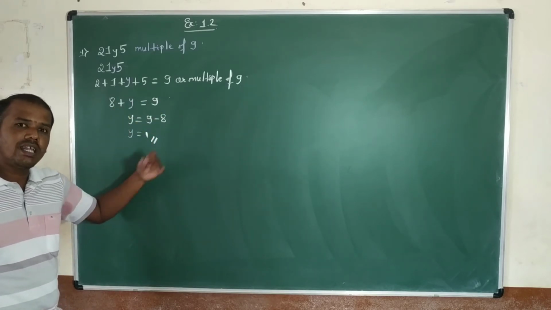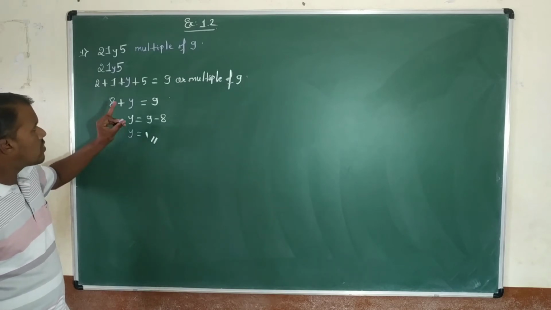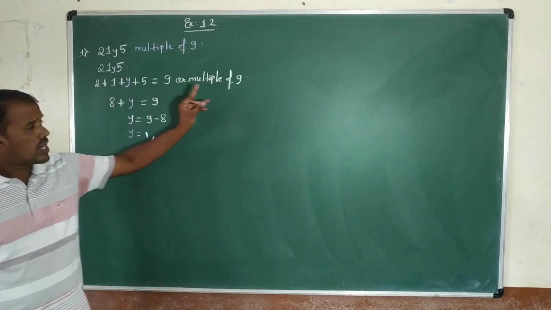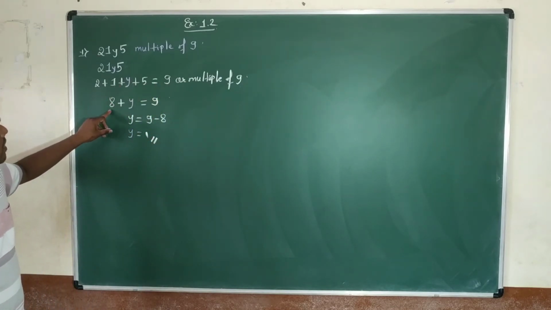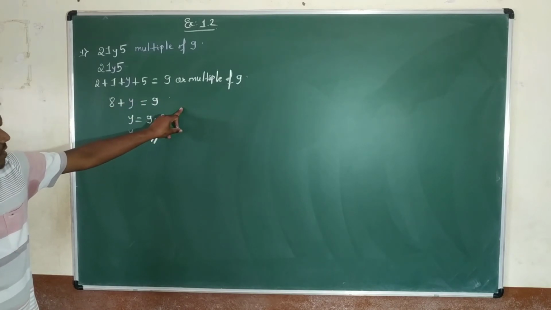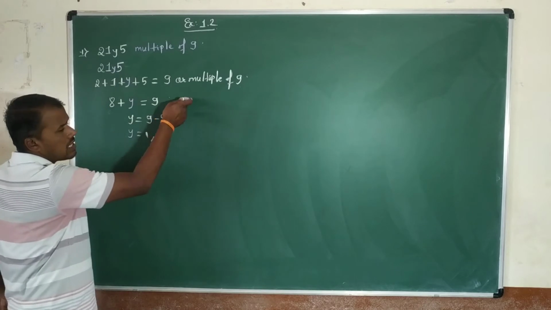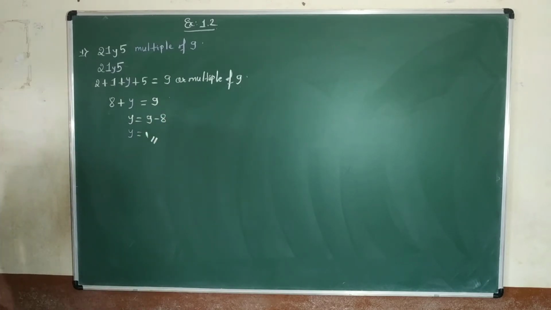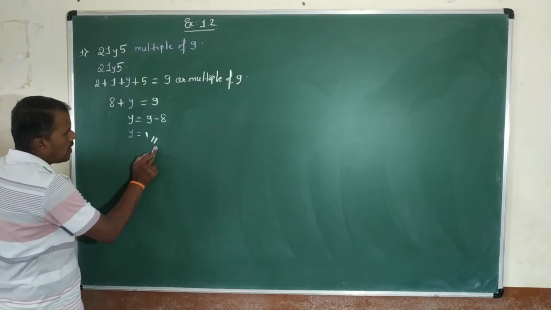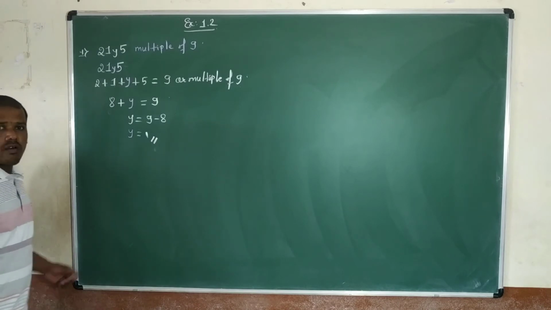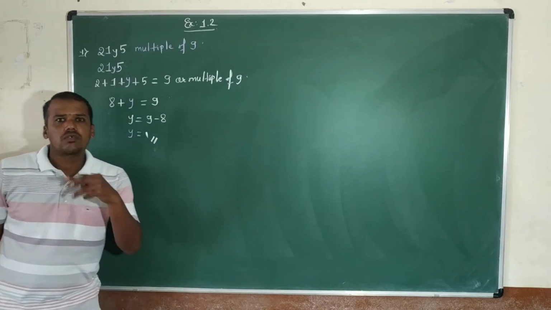If I write 27, then y is equal to 0 because its multiple of 9 is there. Okay, 27. Then 27 goes to this side. After going 27 is here, after going 8 to that side, it becomes 19. In the same way, then y is equal to 1, or y is equal to 10, or y is equal to 19.